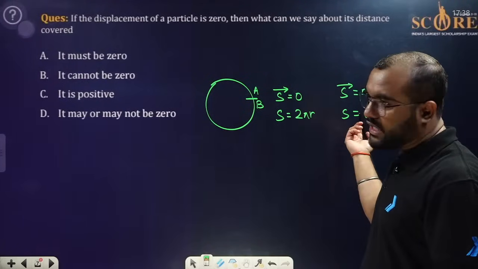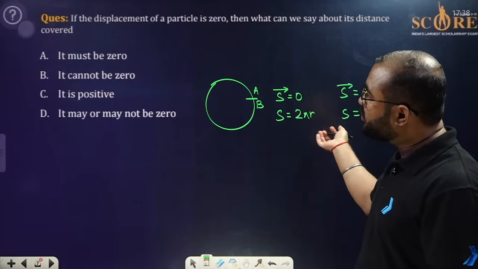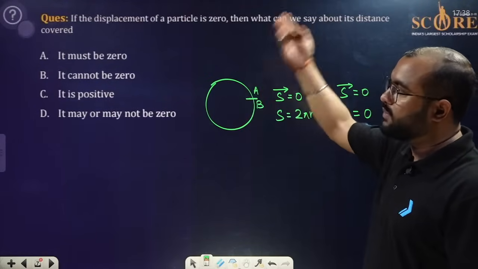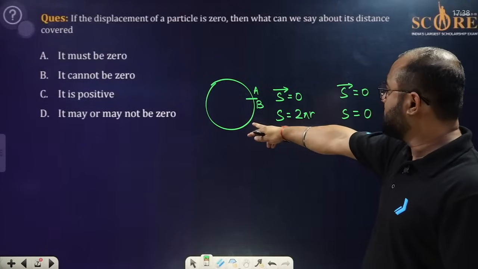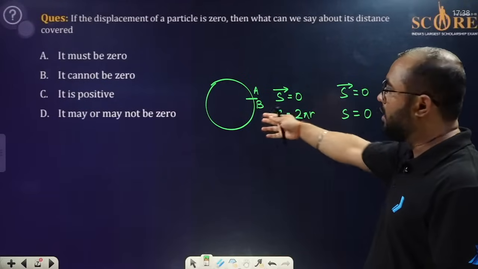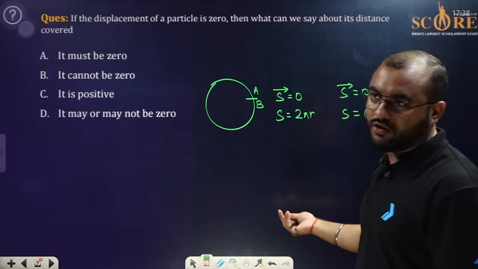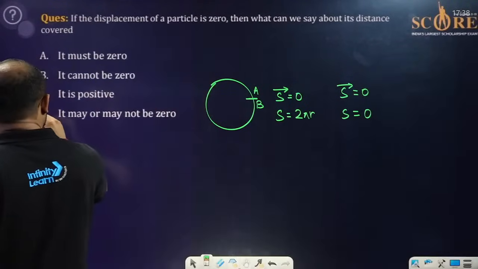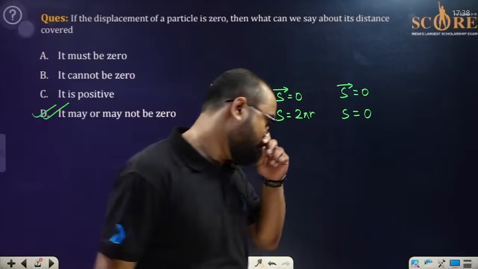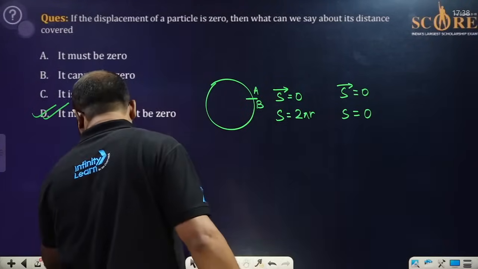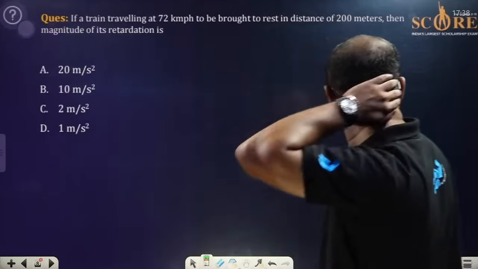So there are two conditions, okay. According to the two conditions, it has not been written that it must be 0. We cannot say this because it can be 0 also, but it need not be 0. We cannot say. We have to understand what is happening with the body, whether the body is moving or not. So it may be 0, it may not be 0. Fine. Moving to the next question, which is this, please.